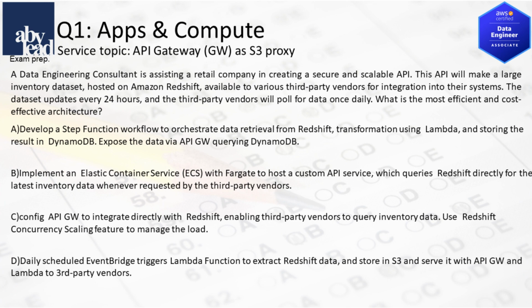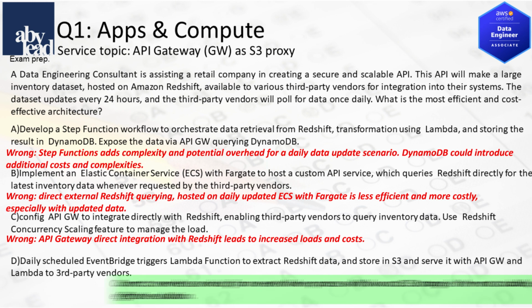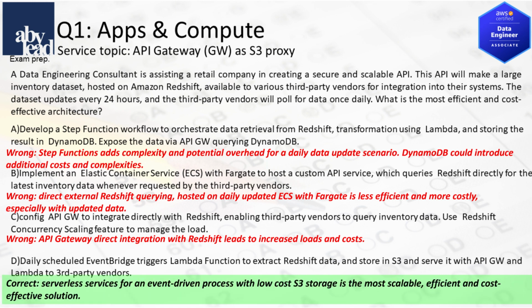Question 1. How do you most cost-effective make a large Redshift dataset available to vendors via API? Less efficient and costly is to integrate API Gateway with Redshift or a custom API hosted on ECS to query Redshift. Also, Step Functions with DynamoDB adds complexity and overhead. Better is processing with a scalable event-driven app to S3 with API Gateway as a proxy to third-party vendors without